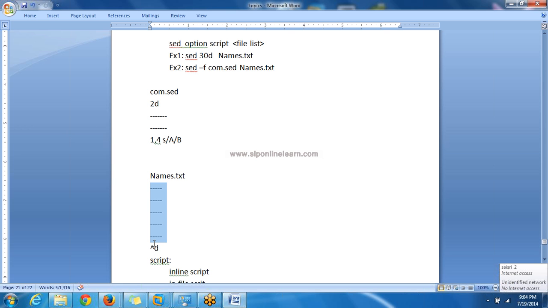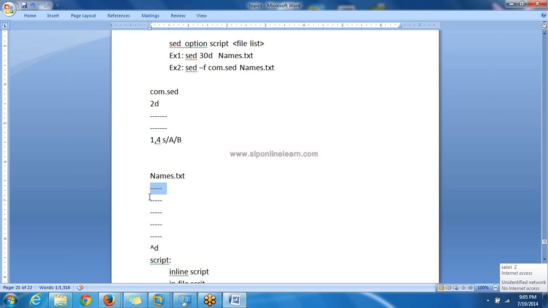Once the file is completed, it will take the second command from the script file. Now this second command again does the same process. Take the first line from the file. A line number will be allocated by the sed command, so this will be placed into the memory, and the command will be executed on this line.